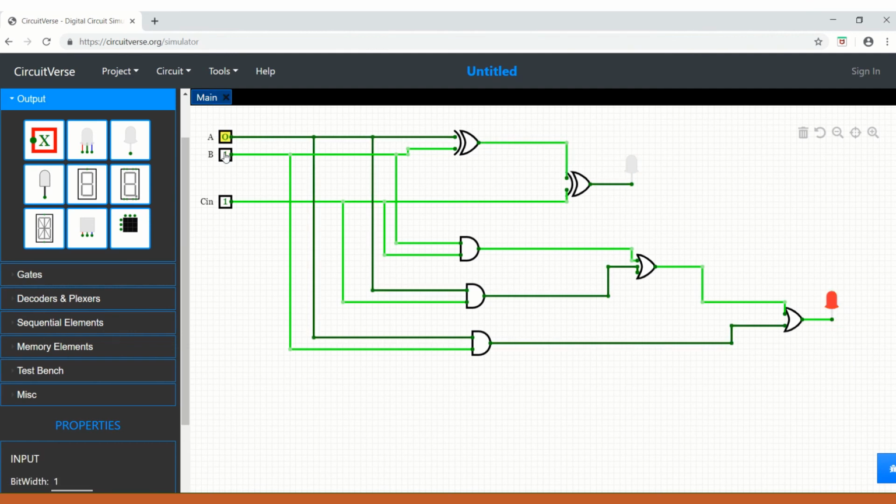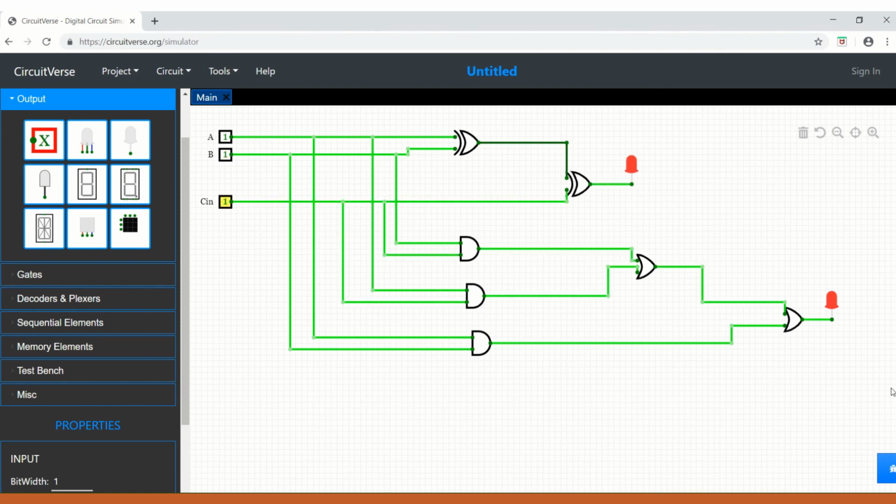You can give values 0, 0, 0 here and test the connection. See, for all zeros the output is 0. So this is the LED for sum and this is the LED for carry. I will make it 1. So whenever A is 1, sum is 1, carry is 0. 1 plus 1 gives sum 0, carry is 1. Again 1, then both are 1.